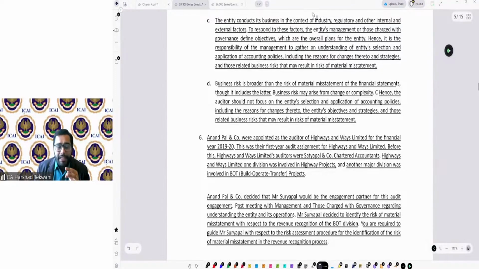We have already performed this thing practically. Trust me, you just need to answer that. How can you perform the risk assessment procedure in a particular process, let's say revenue? In our example, we did some purchase and invoicing. You need to just put that in words. Whatever we have done practically, you have to put it only in words now.